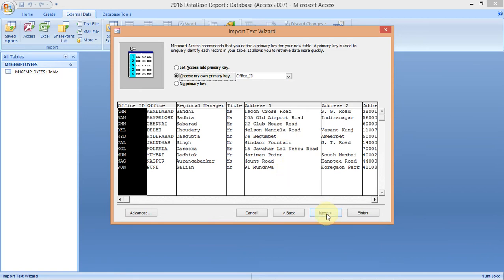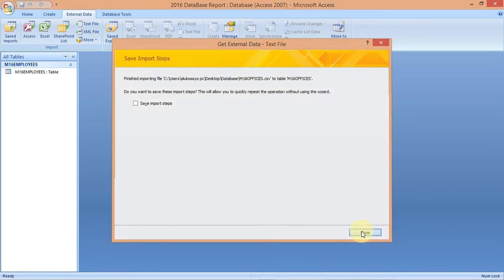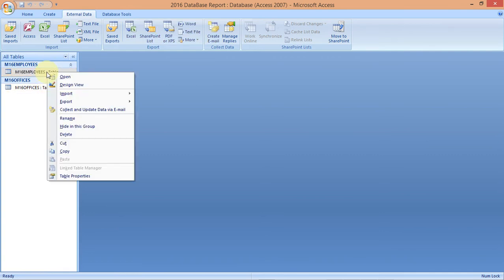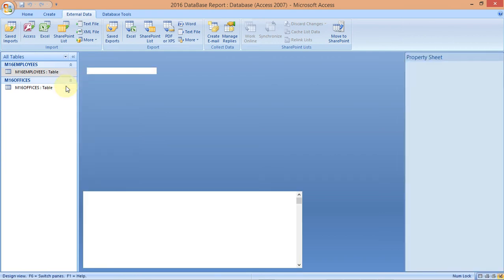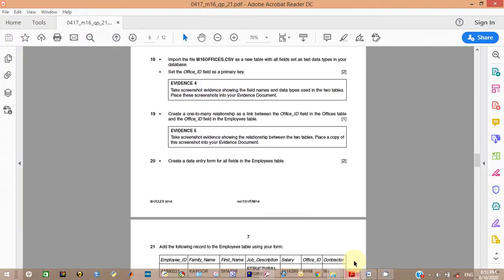So just click next. That's all finished, and you can close. Okay guys, so we have the two tables here now. So let's just click the employee table first and click design view. Let's inspect that. Okay guys, one more thing, don't forget this currency, based on the examiner